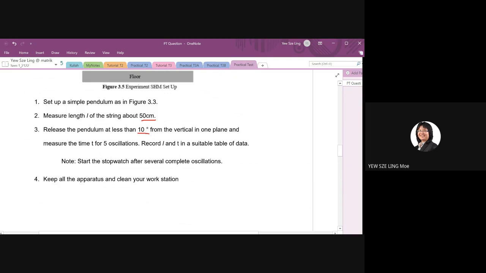But make sure to show me in the video. I want to see your angles. I want to see how you handle, how you tie the string on the protractor. So in your practical test, they reduce the number of oscillations to 5 oscillations to save time. So you take the time for 5 oscillations and then you record the L and the time in a suitable